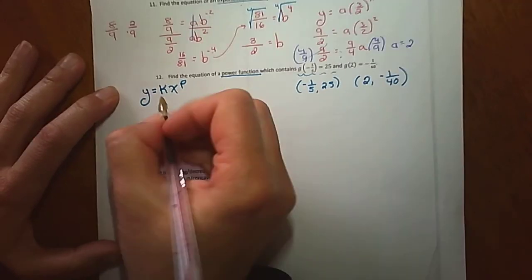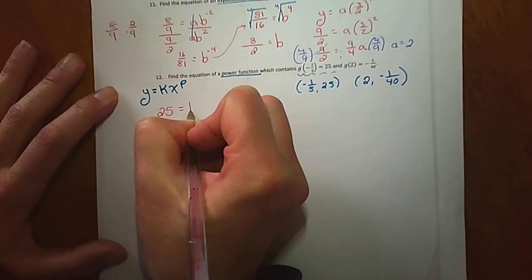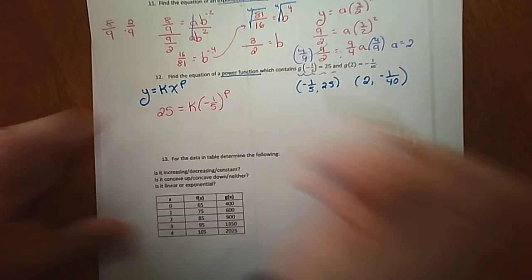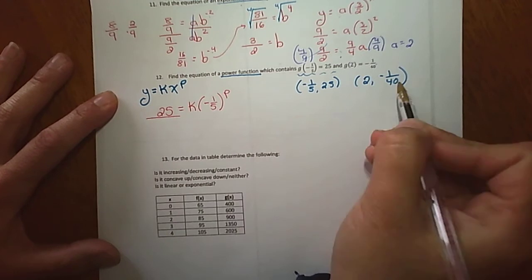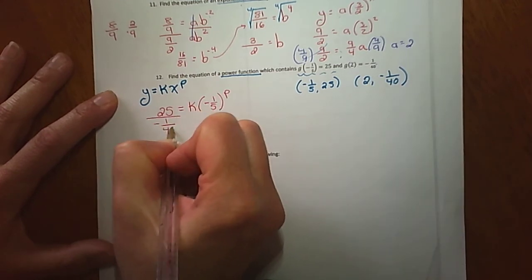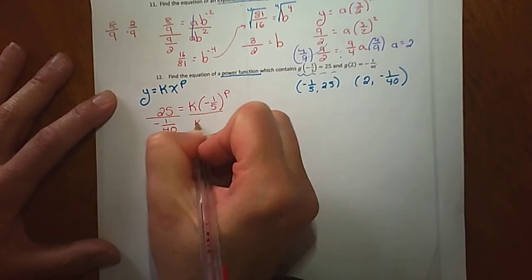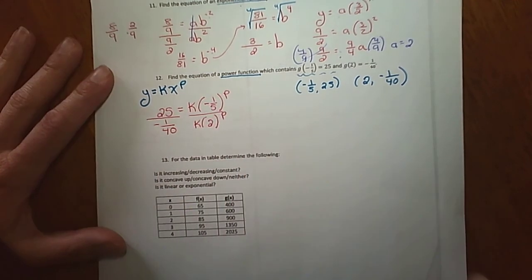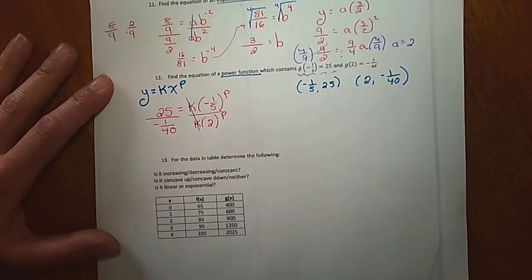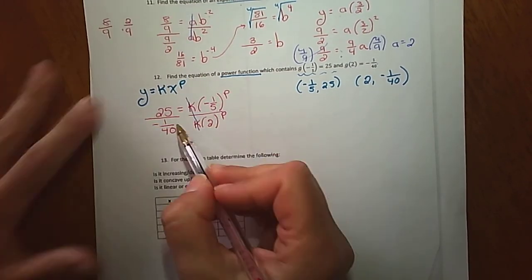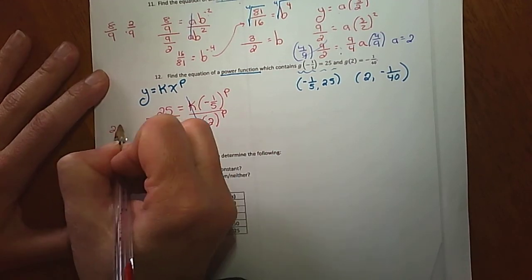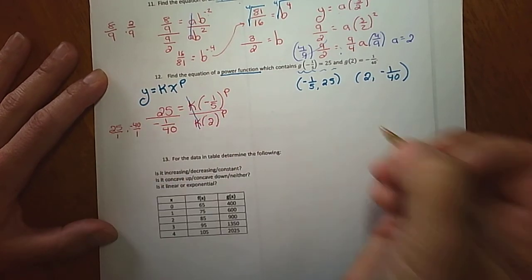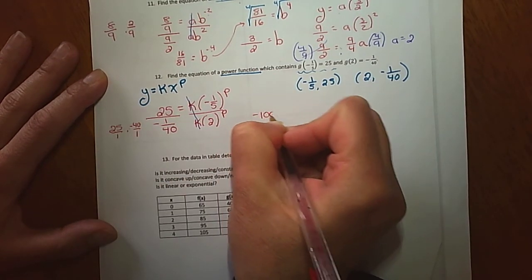So I'm going to do, again, just like number 11, plug in for x and y. So my y here is 25, so I'm doing 25 equals k, x is negative 1/5 to the p, and I'm going to compare it to this y, all over k times 2 to the p. All right, so I'm going to start cleaning this up like last time. K's cancel, so we eliminate a variable. I'm going to do keep change flip here. So it's 25 over 1 times negative 40 over 1. It's a negative 1,000, so I end up with negative 1,000